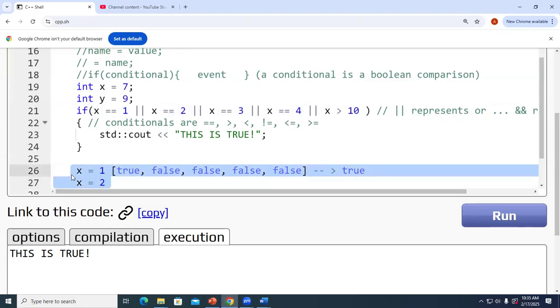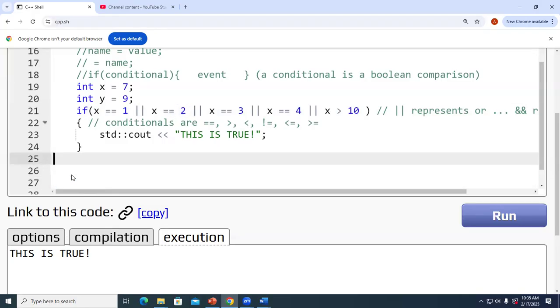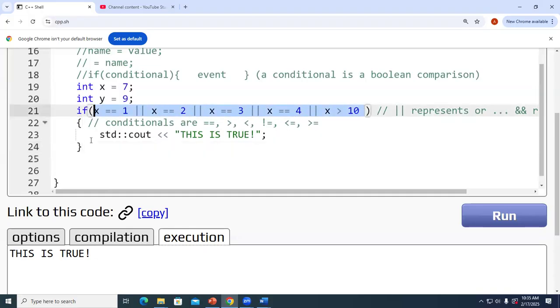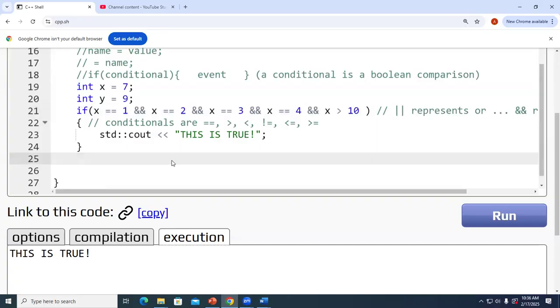But when you have a ton of conditionals like this, it's good to go through and make the table. And the table is different if they were ANDs, which obviously this is never going to be true because x is never going to be 3 and 4 at the same time. But if you had an AND table,